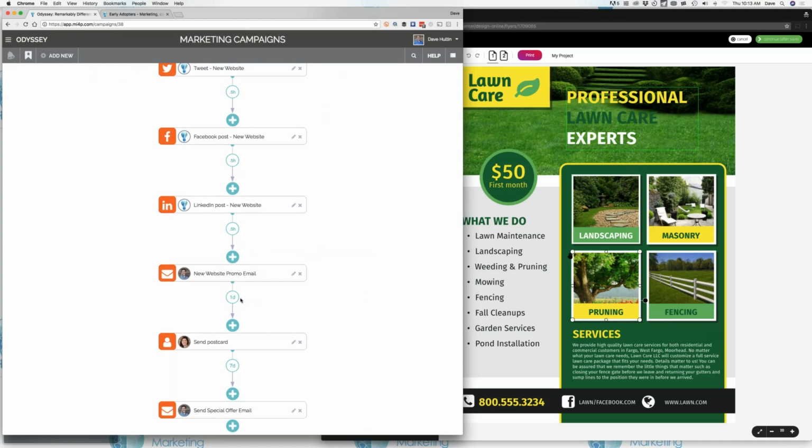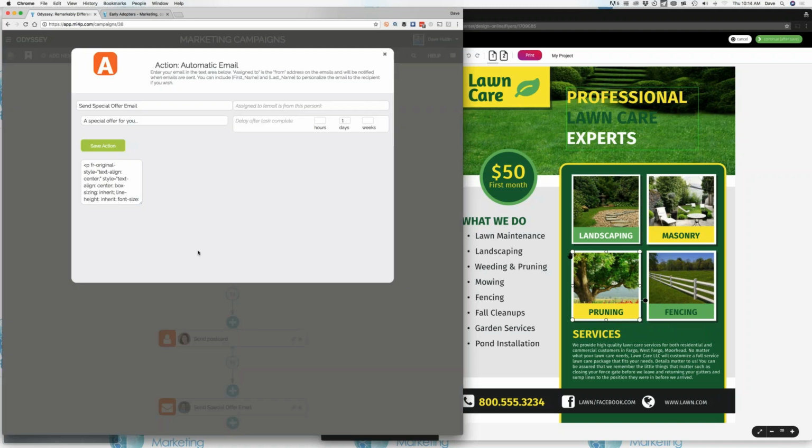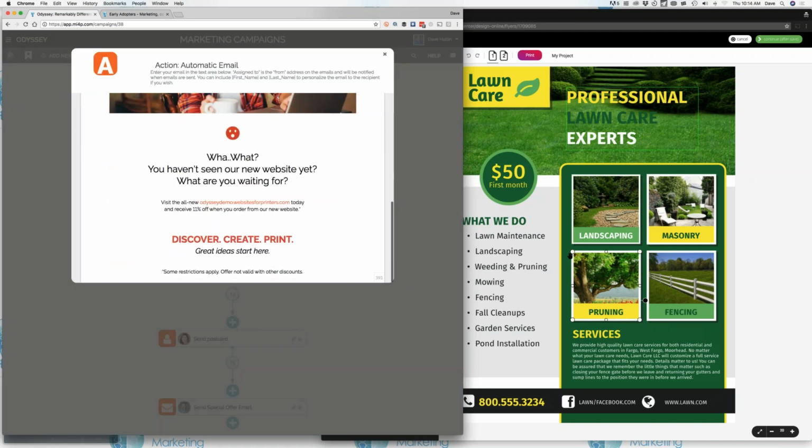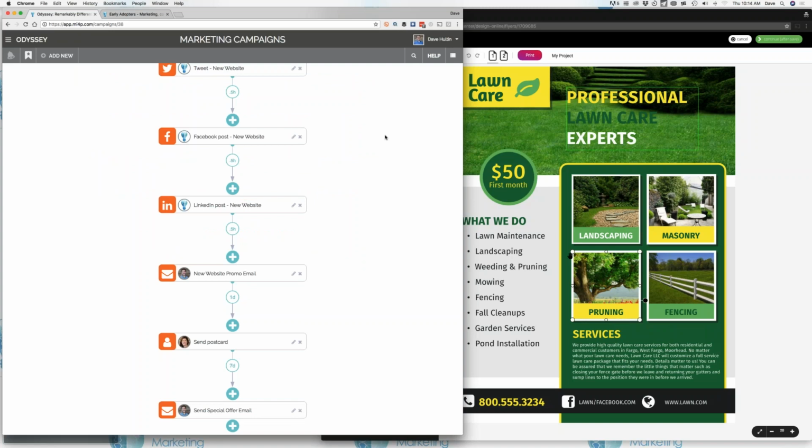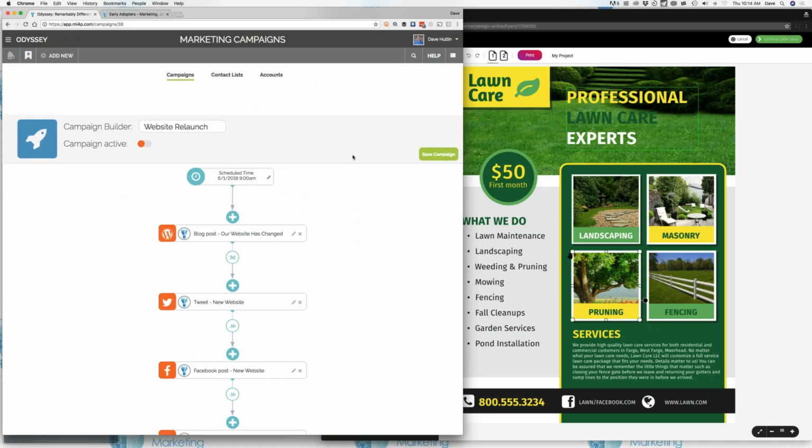Now we get to an interesting one. We're going to wait a little while after that email, and Odyssey is going to send a postcard. No, Odyssey is not going to walk down to the post office, but it is going to send an alert to someone that's been assigned to do that duty. So Odyssey will do what it can, but when it can't, it's going to call in a little extra attention here, and that postcard is going to get sent out. We'll wait 7 more days, and we're going to send off one more email. And that is your first look at a little teaser on how the marketing part of Odyssey comes together.